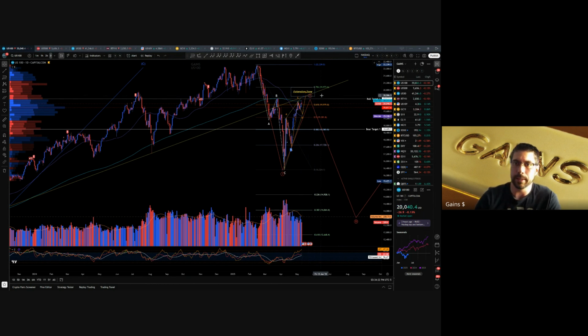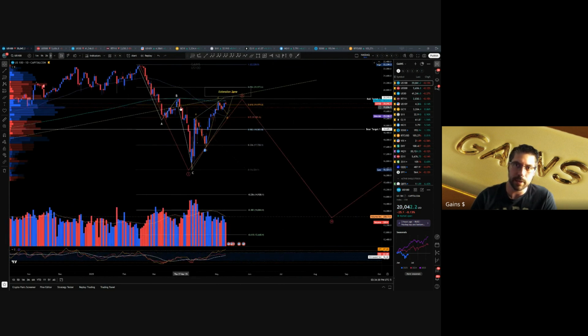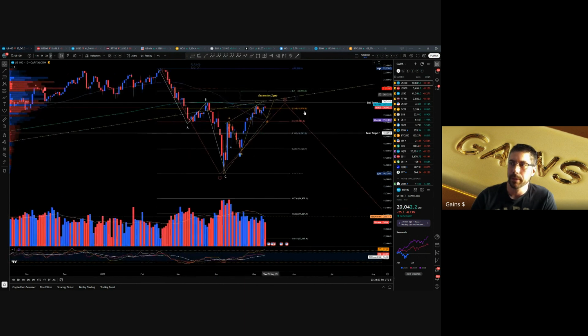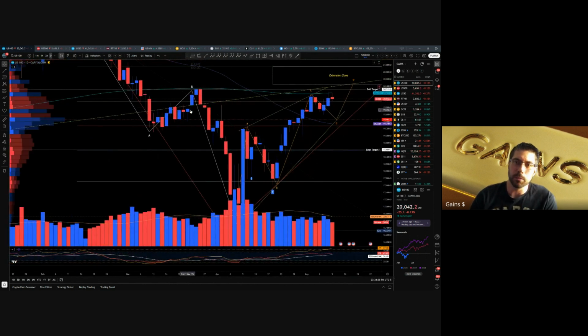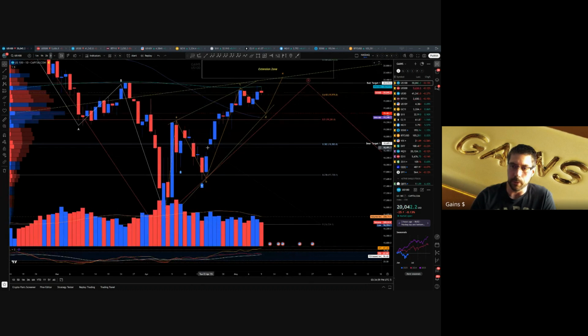Now, part of the reason that I think that's realistic is because we did see a pretty big rejection after only about 2 days above the trend line here that we had. If you guys remember, and this is what we've been seeing a lot of lately, is this little gap here. So the bulls don't really have enough energy, at least on the daily sort of move, to get above anything resistance related, unless there's some sort of squeeze. And this was like Sunday night, came out of the blue, that kind of thing. And we also see some more of those here. Like we saw another gap. This was the annoying one.